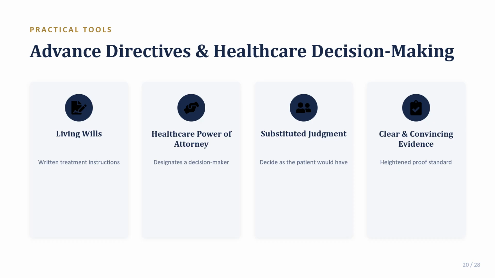And then we have clear and convincing evidence, which we already talked about in Cruzan. It's the heightened proof standard that many states require before life-sustaining treatment can be withdrawn from an incapacitated patient who has left no written directive. Exactly the evidentiary gap that the Schiavo case made so difficult and prolonged.